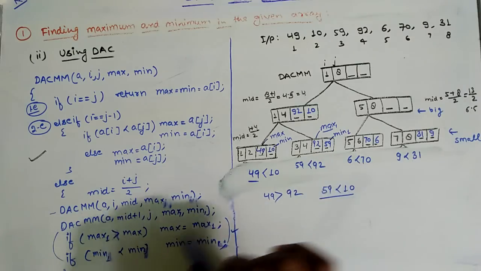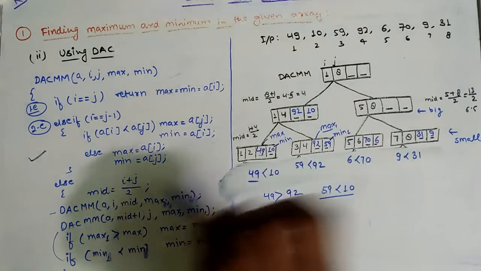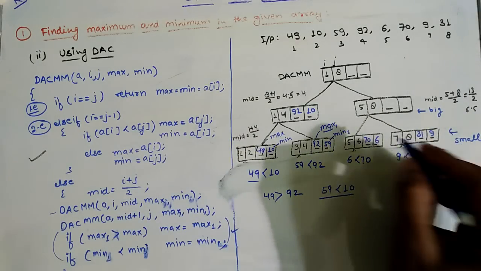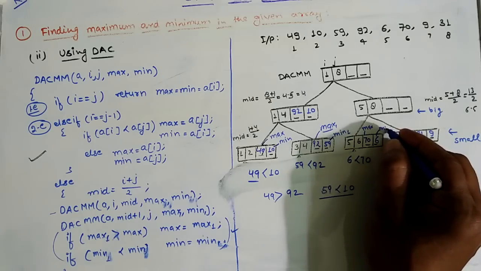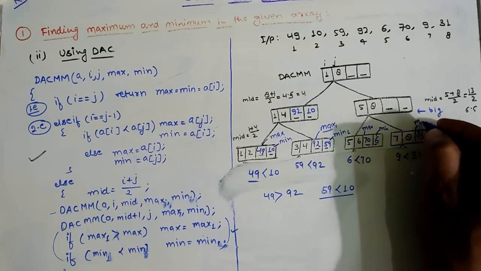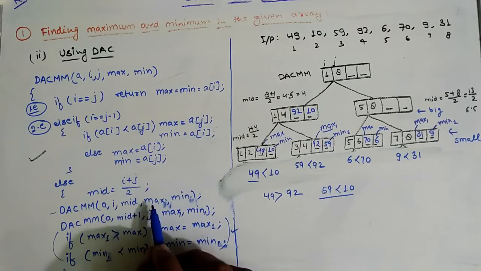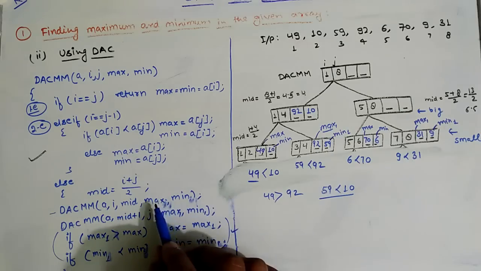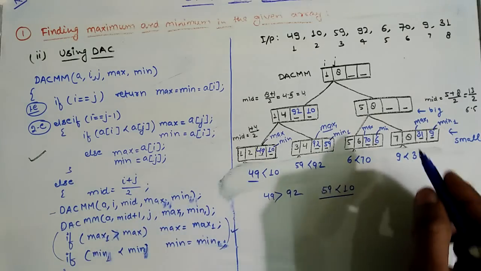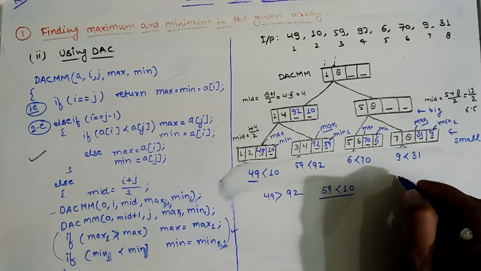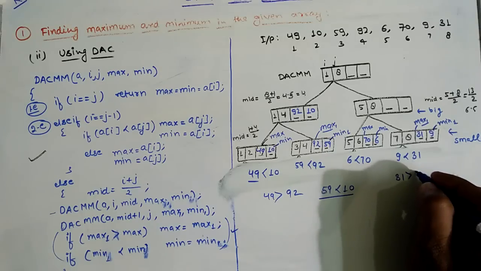Okay, so now we go for the second step. Now again I will repeat what is to be done. So this is my max for the first recursive call, this is my min for the first recursive call for this problem, this is my max 1, and this is my min 1. For the first recursive call for this problem, this is max, min, and for this one it is max 1 and min 1. Now I need to compare the max 1, which means 31, whether 31 is greater than max, which means 70.